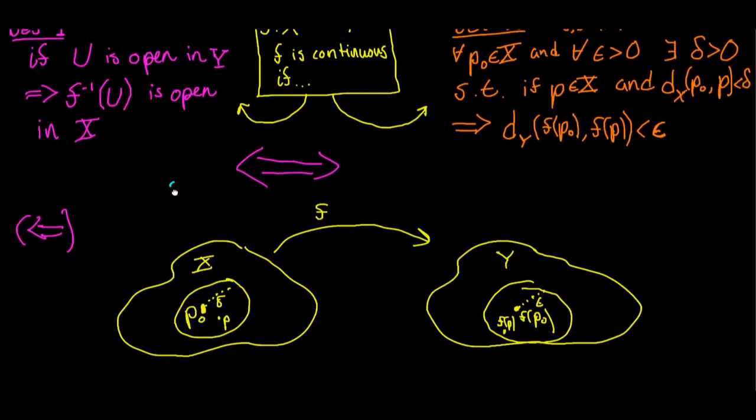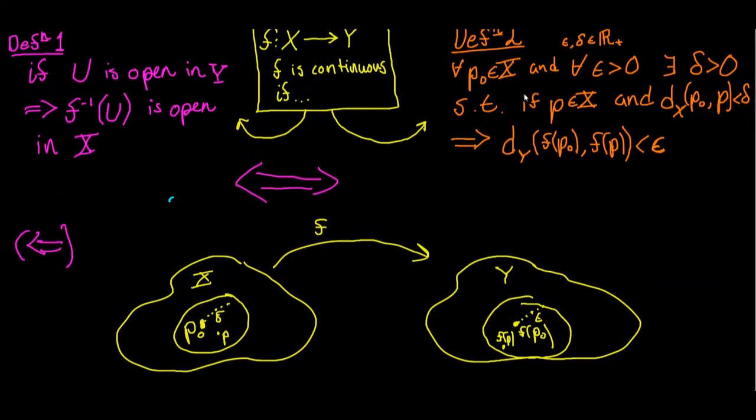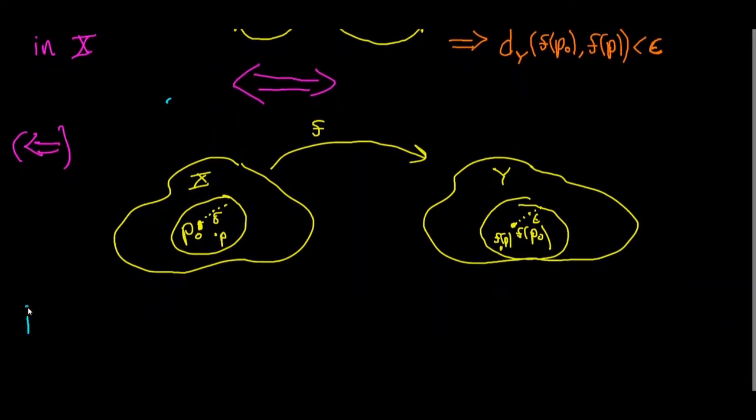So, our first step, of course, is to assume definition 1 to be true, and assuming that to be true, we're going to show that definition 2 is true. But let's use the rephrasing that we developed, the rephrasing that concerns open balls in the domain and codomain of f. So, instead of trying to show that this is true for all p naught and x, let's use our rephrasing. We want to show that if p naught is in the domain of f, so if p naught is in x,